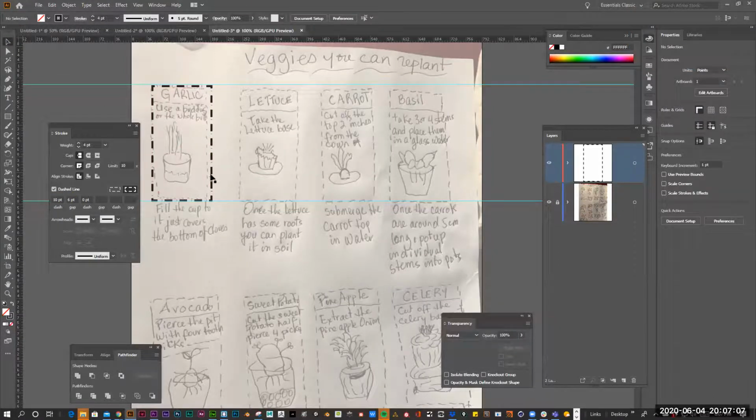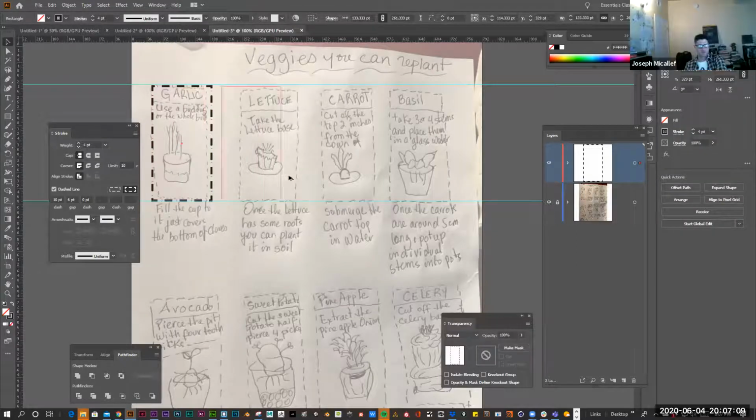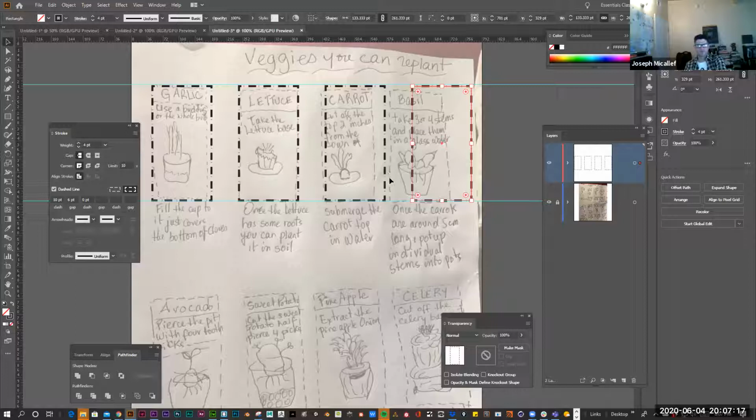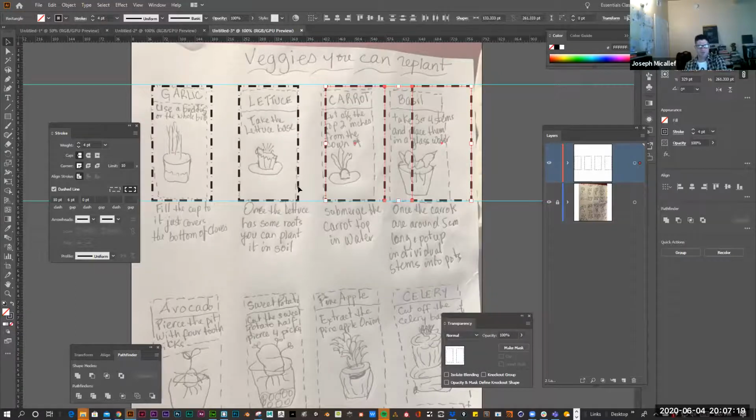And then you can grab your first one, and I'm Option Shift dragging. And then you can hit Command D 2 times to repeat them, and then grab all of them on that top row, and then go up into your control bar up here and distribute them. So if you click on this horizontal distribute center,